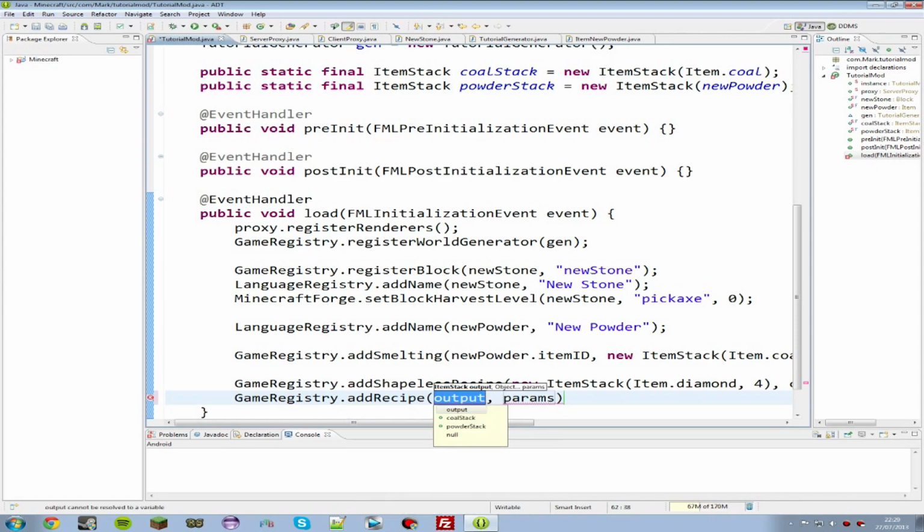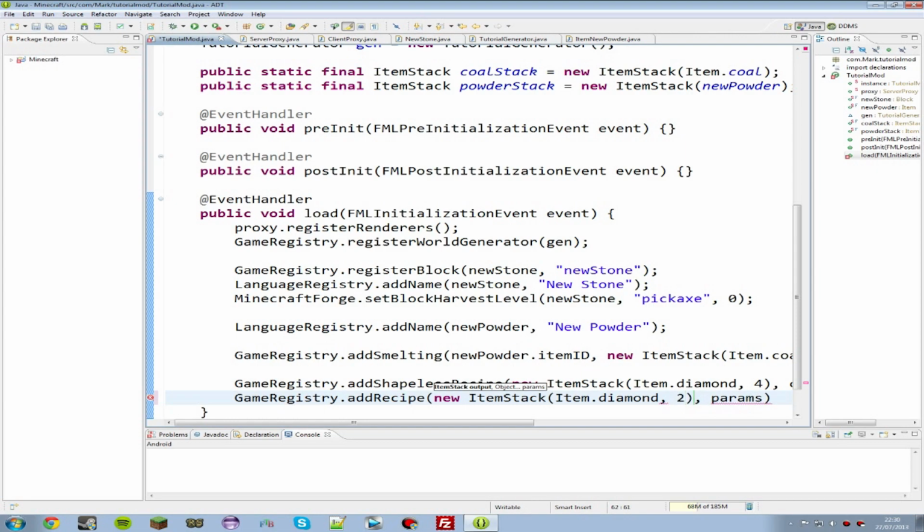So for the shapeless recipe, you want an output. I'm going to put a new item stack of diamonds again because we want this new stone to make some diamonds. New item stack. Oops, that's too much. Item.diamond. If you type in item and dot, it won't come up, so you have to guess what the names of the items are. Not sure why that does that. It should really come up with the list of items unless it's protected or something, but you can still get to them. For the shaped recipe, let's make it